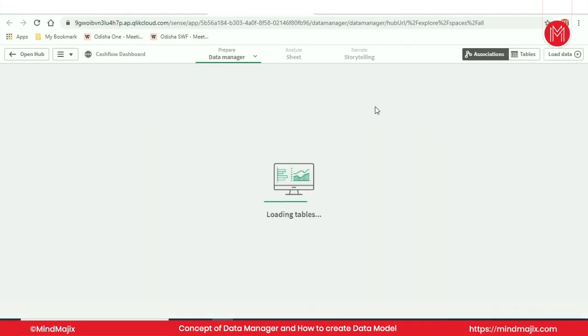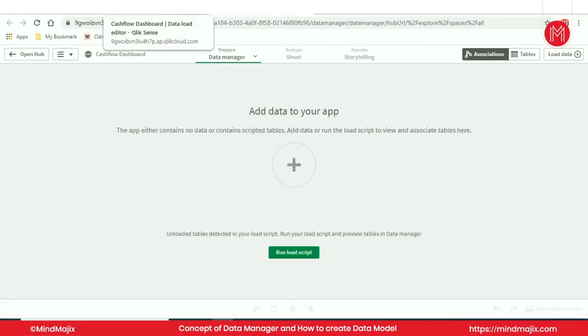Data Manager is also a wonderful concept of ClickSense where you can perform data modeling without having any programming knowledge. In the data load editor, you must have some level of knowledge to load the script, to apply some transformations, to at least deal with the script.